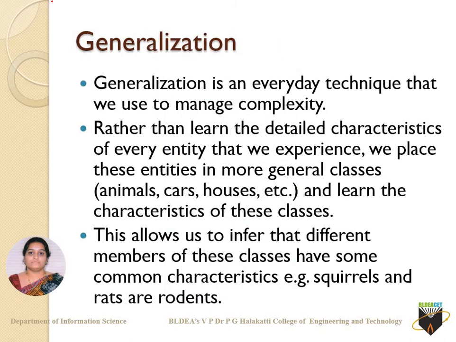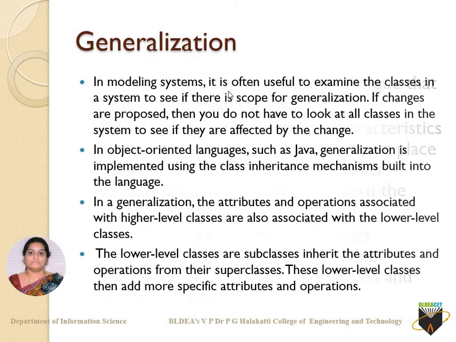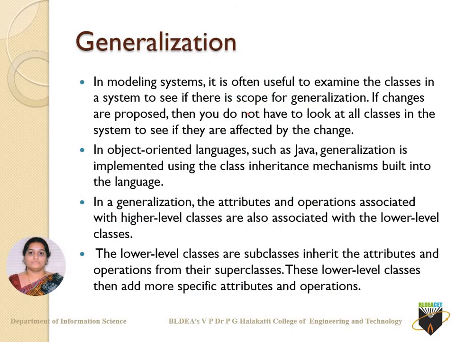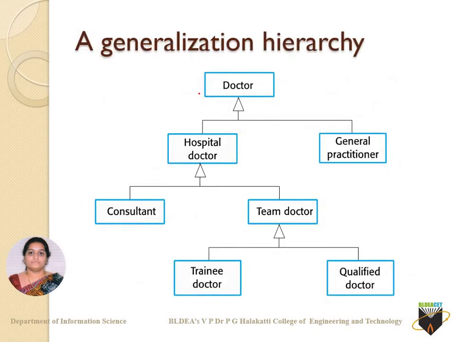Okay, so further let us come across with generalization. Already I have said you what you mean by generalization. So generalization is nothing but one of the features wherein we say that there happens to be a super class and there happens to be subclasses. This particular relationship I call it a little bit more across with your association. Apart from association, I say it as a little extended section with respect to your association, and I call it across as your generalization, a feature wherein there happens to be a super class and there happens to be subclasses.